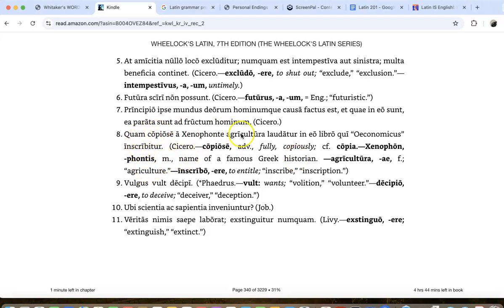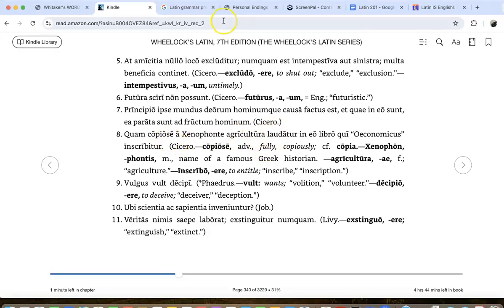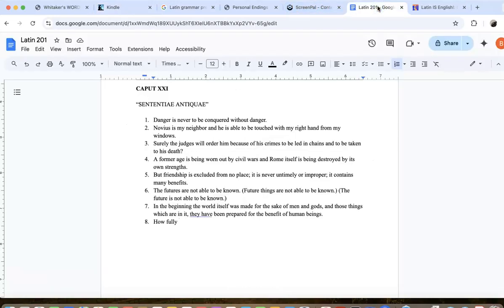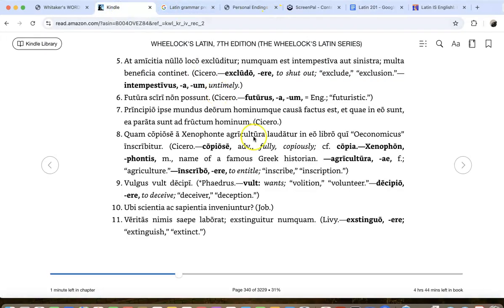So, how fully agriculture laudetur is literally is being praised, because once again there's our passive, but we can probably put that just in the indicative, or rather drop the being. So how fully agriculture is praised. How fully agriculture is praised,